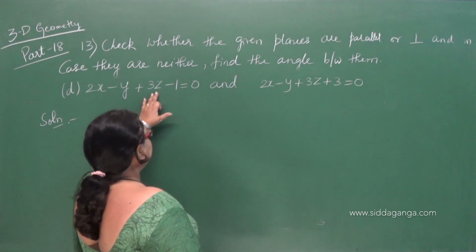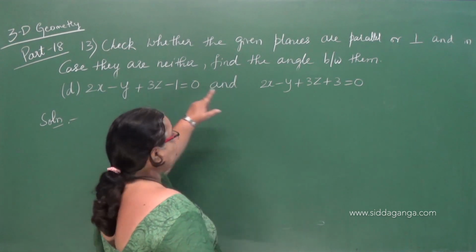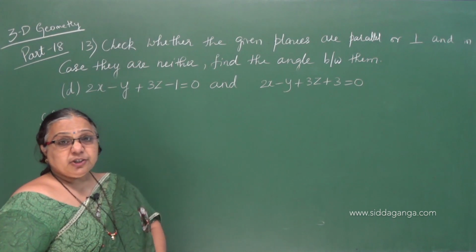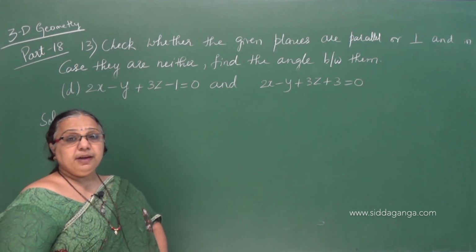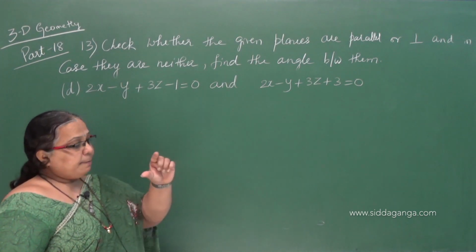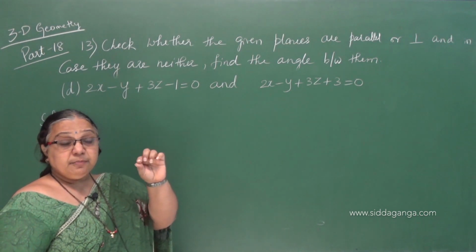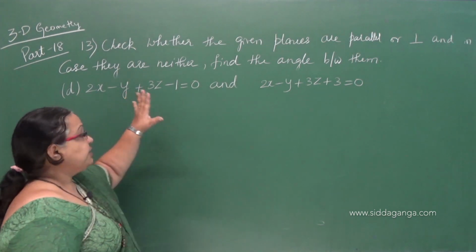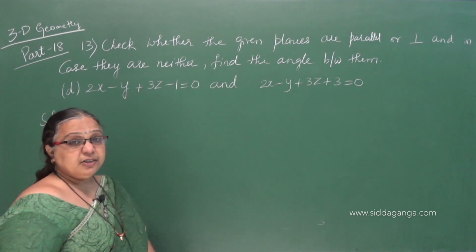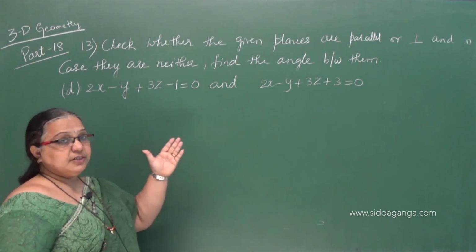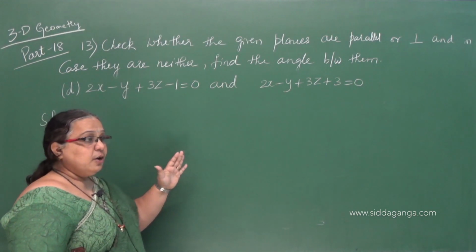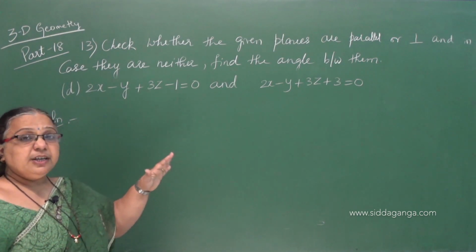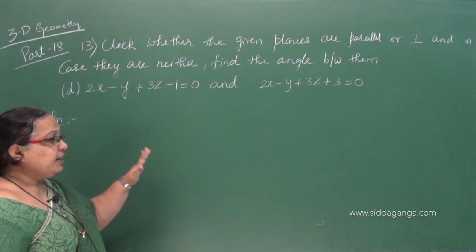The x, y, z components are the same here, only the constant differs. Now for straight lines also we know that the general equation of the straight line is ax plus by plus c equal to 0. For parallel lines, only the constant term differs. Here also it is the same way: only the constant changes, x, y, z. So their coefficients are the same, which means that the given planes are parallel. To prove it here, we should write the normal vectors and show that their direction ratios are the same, working it out to prove it.